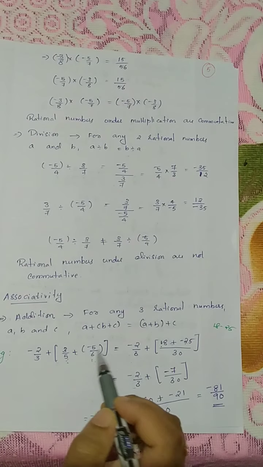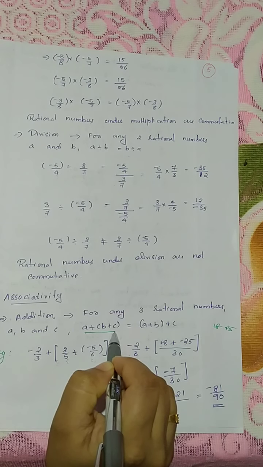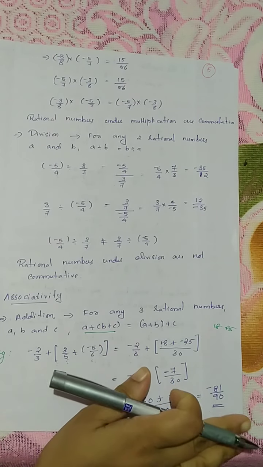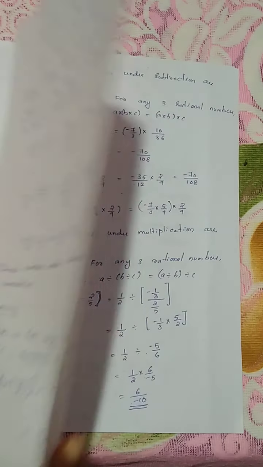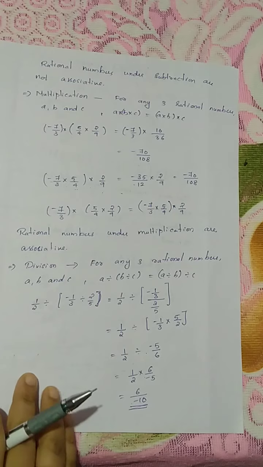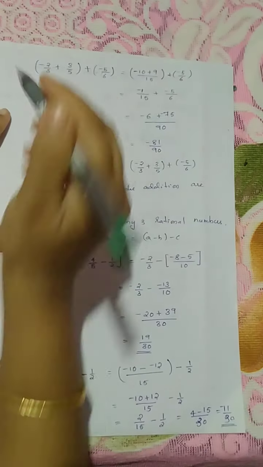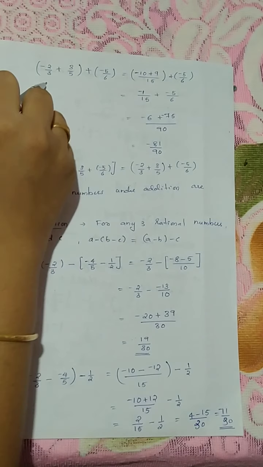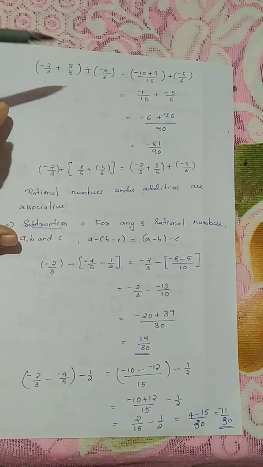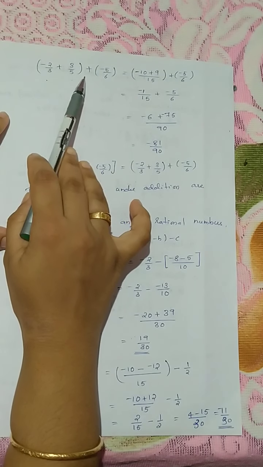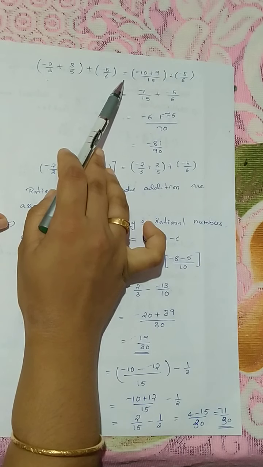Next we are checking. The left hand side we have checked. Now we have to check the value on the right hand side. Minus 2 by 3 plus (3 by 5 plus minus 5 by 6), that is equal to,